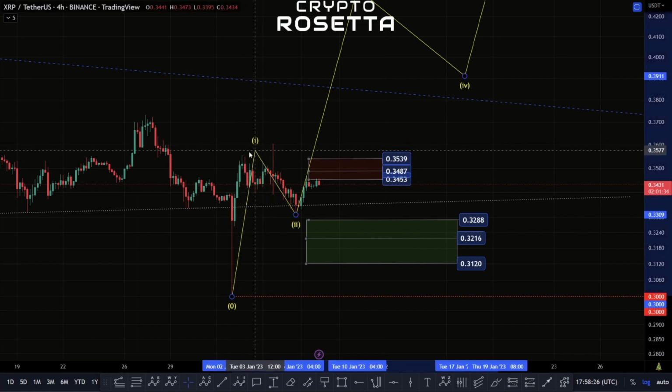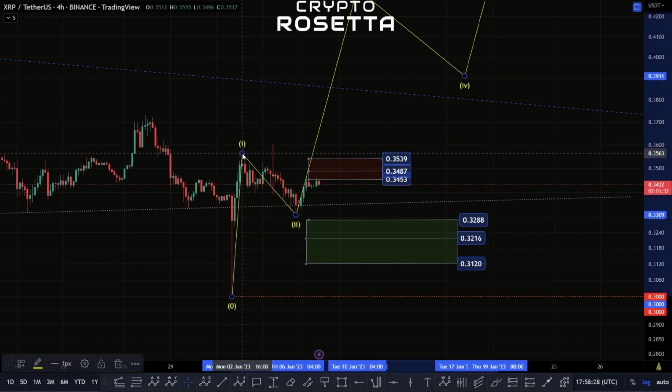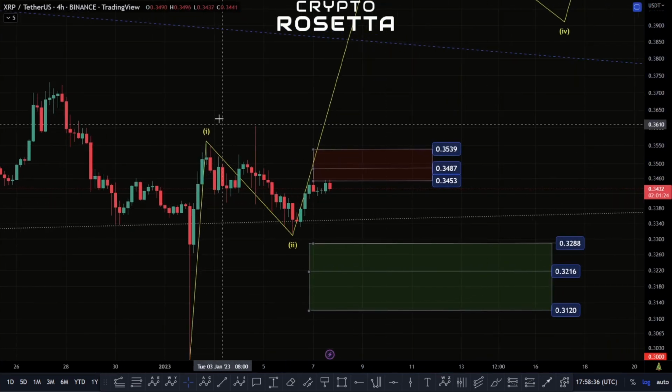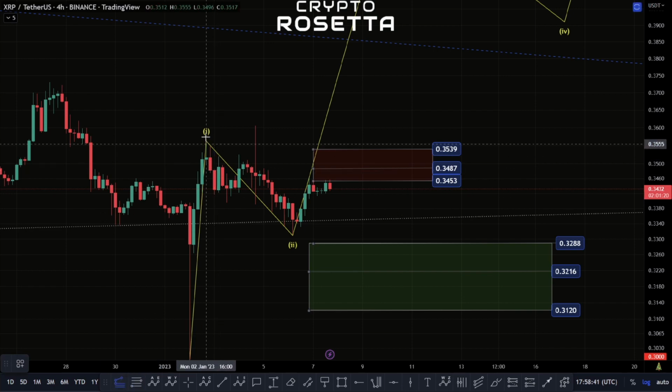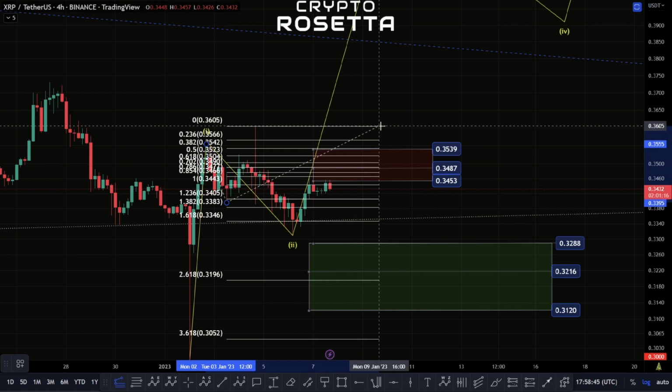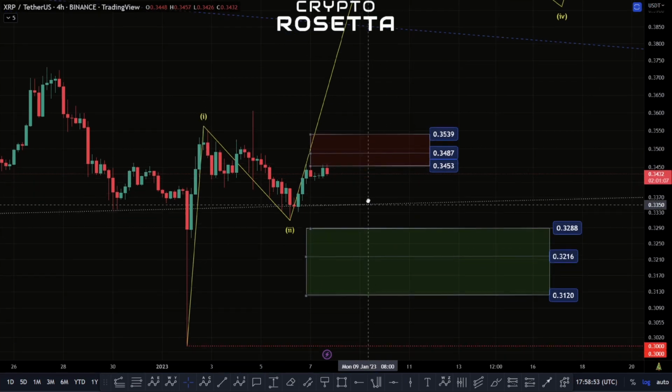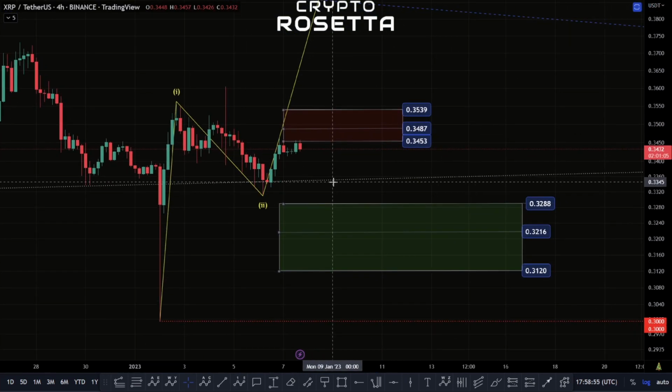This wave 1 could also be up here, but looking at these sub waves on the smaller time frames, I do think it ends here. And what we have is an A, B, and a C to the downside. So this would be an expanding flat correction. And just for further confirmation, if we look at this, we can see we've come down to this 1.618, which is the common area for expanding corrections. So it's possible that that could be a wave 2 completed there,